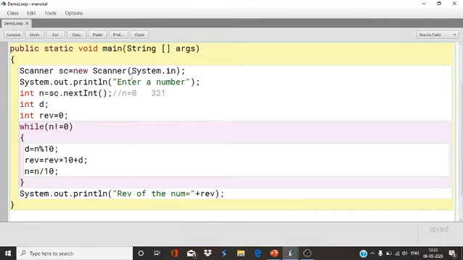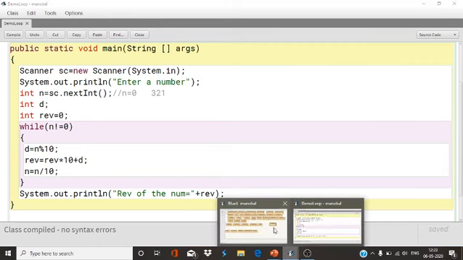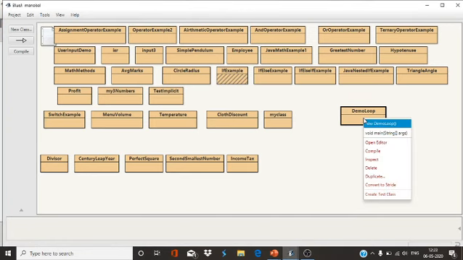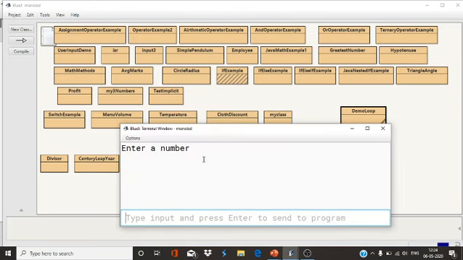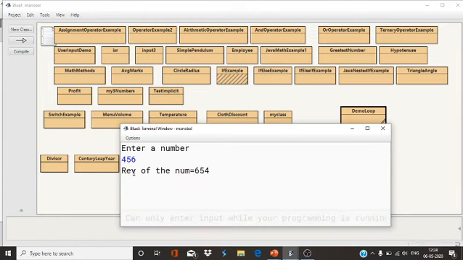Once I compile this, let us see the output. Enter a number. Now suppose I have entered 456. See, 456, the reverse of the number is 654. I have entered 456, but the reverse of the number is 654, that I have given as logic in the program.